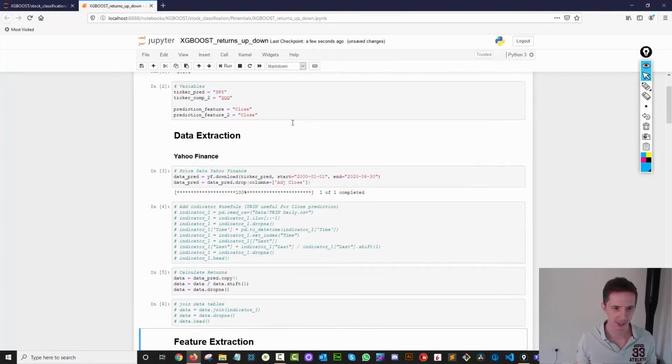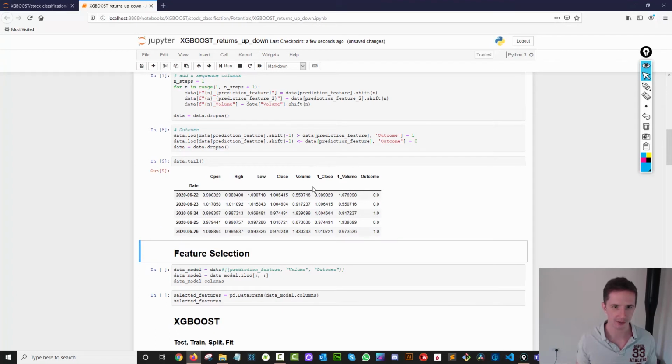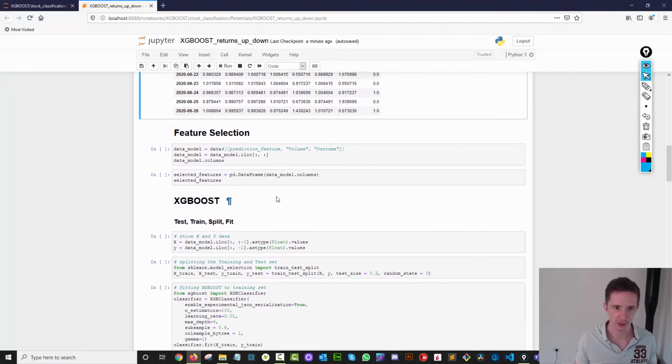So we're going to pull our data, calculate our returns, and put in the predictive features. That seems to have been accepted well. And here you can see the outcome, 00101. So for example, if I look at my close here, the return today was 1.006. Tomorrow it was 1.004, meaning it went down, so it's 0. Here it was 1.004, then it went down to 0.97, so it was 0. Here it was 0.97, here it went up to 1.01, and here you can see it was 1. So this is the outcome that the model is going to work to predict.